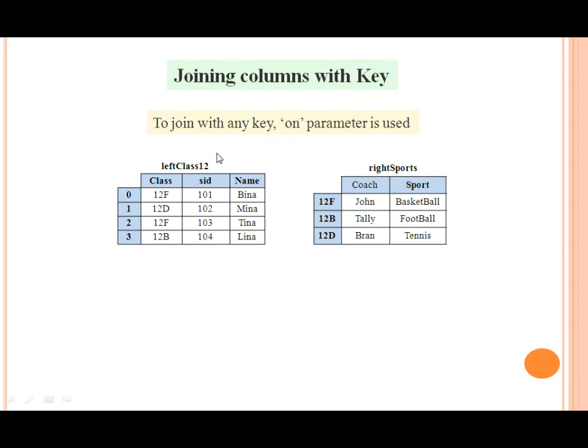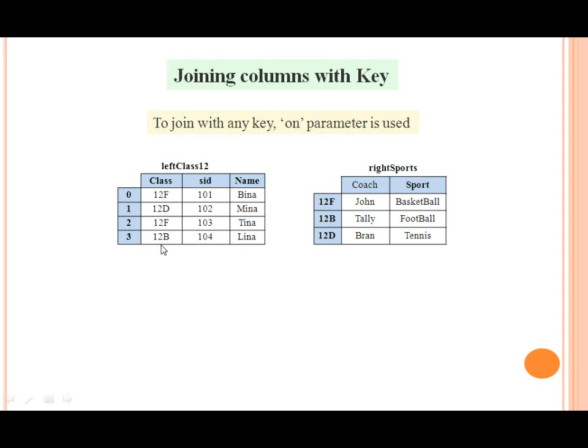So this is the first data frame, left class 12 and right sports, and these are their values: class, SID, name, coach and sports. Here 12th F, 12B and 12D are the index values, and these index values are merging with these classes.